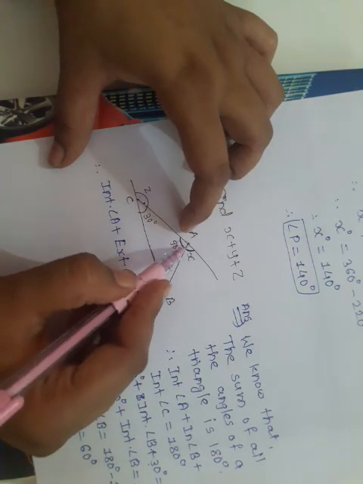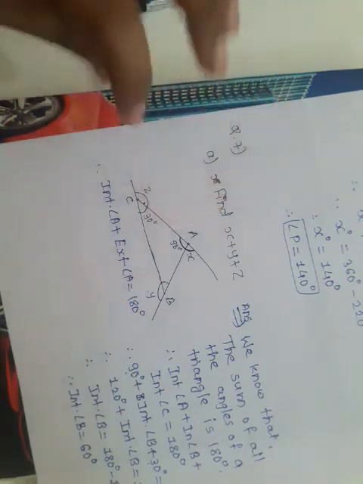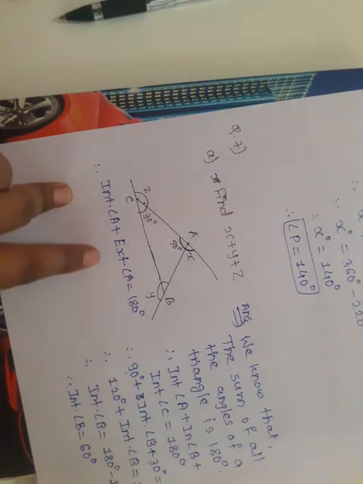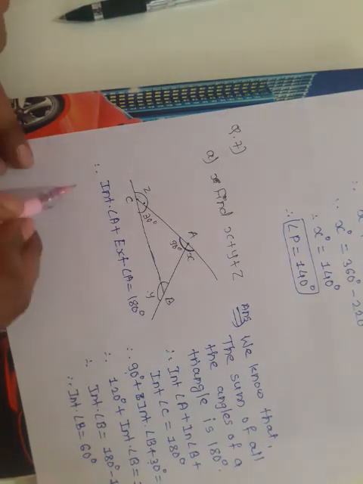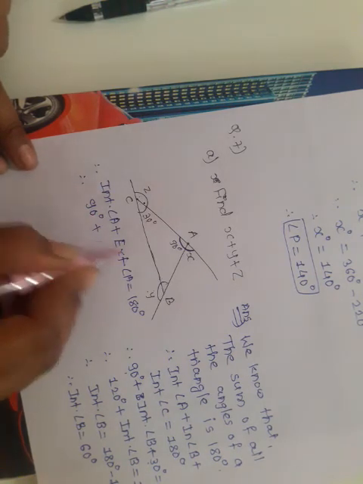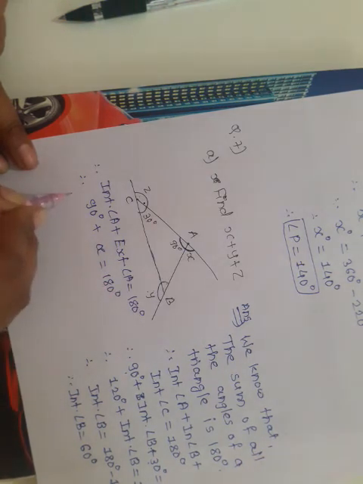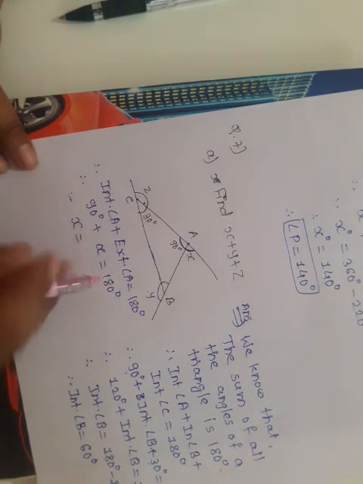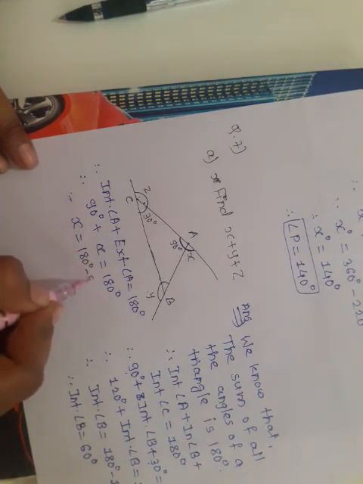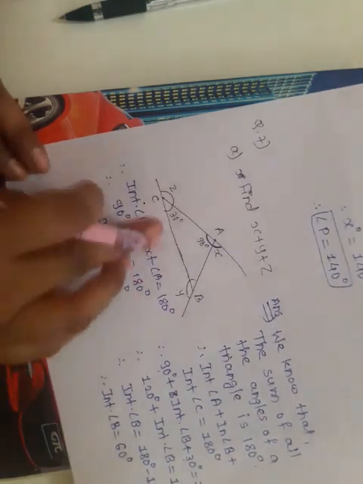180 degree. Okay, what will we do, we will convert this angle A into interior and exterior. So we have to convert this angle A in interior angle as well as in exterior angle. So interior angle plus exterior angle A is equal to 180 degree. But interior angle is known to us, it is 90 degree, plus exterior angle we have to find out, means it is x, is equal to 180 degree, and therefore how can we get the x then? By subtracting 90 degree from both sides. So we get 180 degree minus 90 degree, and therefore x is equal to what then? 90 degree. Similarly find out y.